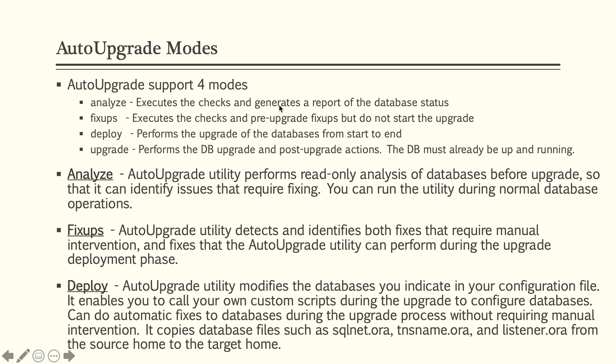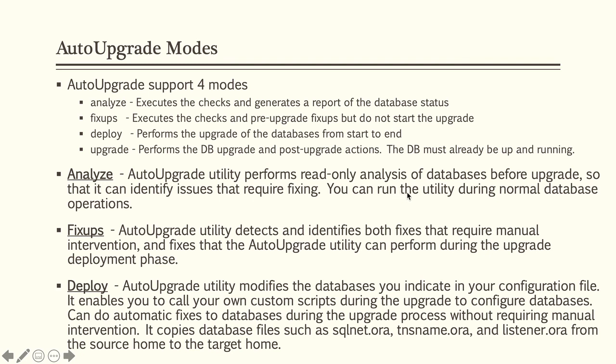And then it will run through the entire upgrade process. Then there is a distinct phase called upgrade. This is a special use case. This is especially required when the source and the target databases are on different machines. As I said, you might be running 11G release 2 on a Red Hat Linux 6, and you might want to upgrade it to a 19C which is running on a different machine which runs Red Hat Linux 7.